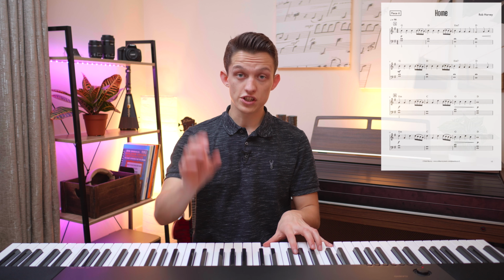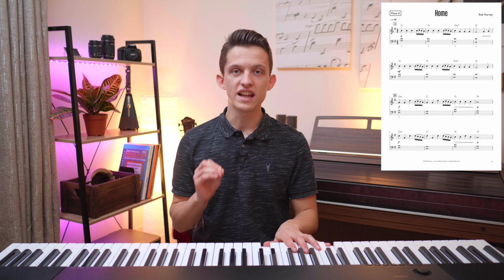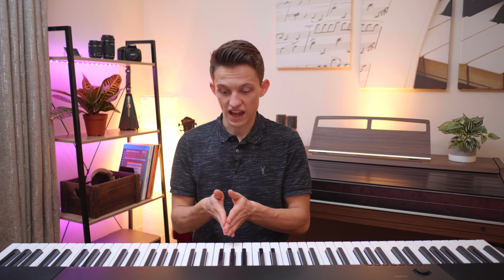Well, don't forget, at the start of the piece we have that key signature. That key signature tells us that every F is a sharp. So every time you see one on the page, immediately turn it to a black note. The one thing in the right hand, other than where it's positioned, that I want you to watch out for,